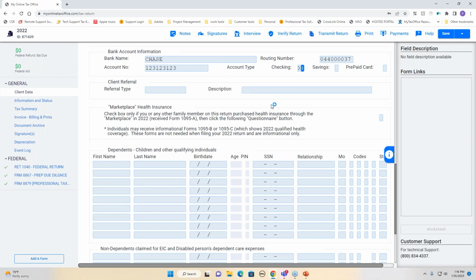This small section is client referral. This is just a nice way to keep track of your marketing strategies. You can say, okay, how did you come into my office today? How did you hear about us? And if you want, you can keep track of that. So this way, during season or at the end of season, you can see which strategies really worked for you